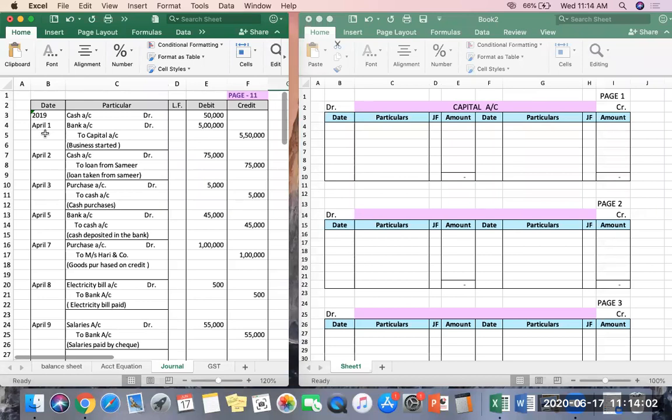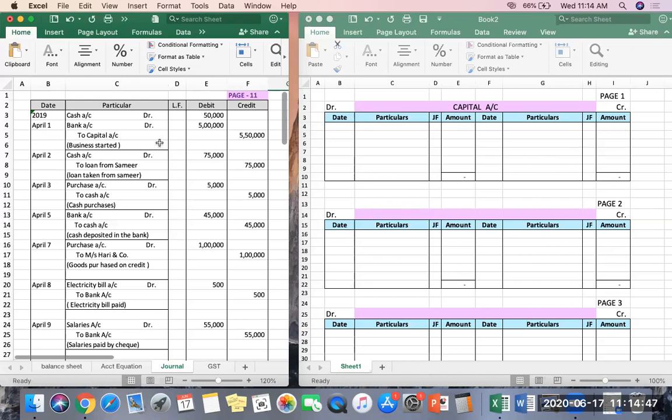Now, how do we write it? Here you see, if you're putting this into the capital account, check which is the date given for this transaction. The date is April 1st, correct? The second thing is the side. Side means, here the two entries are debit, so what is credit? Wherever "To" is used as a prefix, that means this entry is debit, and otherwise it is credit. So the side on which you are going to put the entry will be the credit side. Okay, so you will take the date, you will take the side, and what is the amount? The amount is 5,50,000. You're going to write 5,50,000 here.